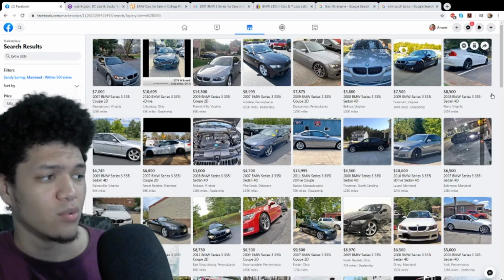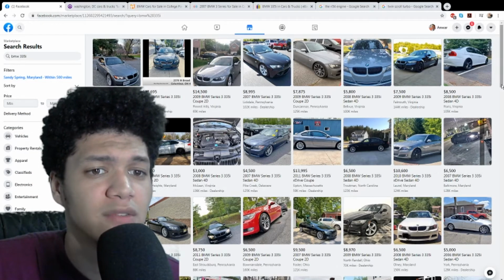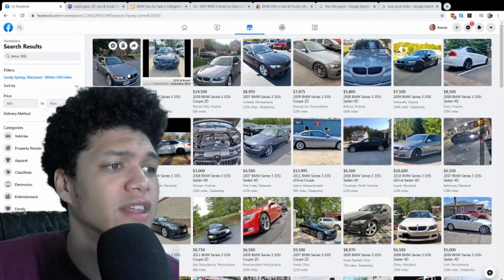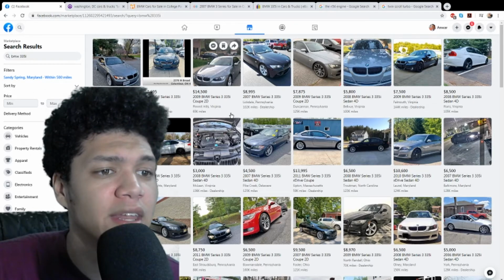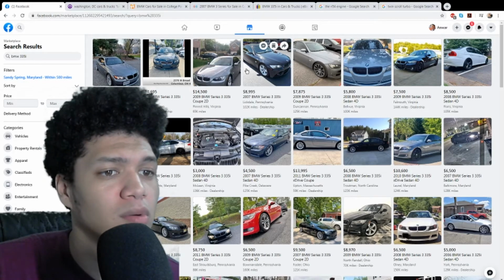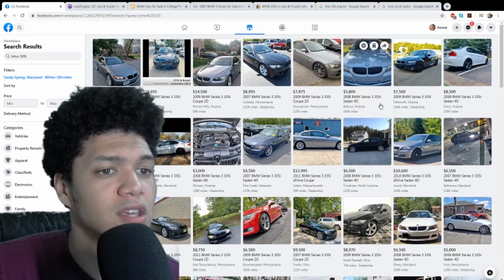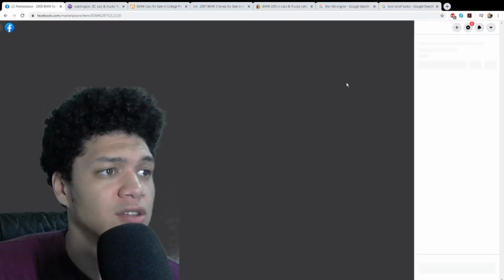But basically, getting towards the cars that are for sale on Facebook, after going through all these problems, everything you got to look for, we want to find a car that's less than 10 grand, right? Less than 100,000 miles, and between an 08 and a 10. Right here, I see a couple potential cars. Here is a 100,000 mile car, $5,800 on the cheaper side. There's probably a reason why,